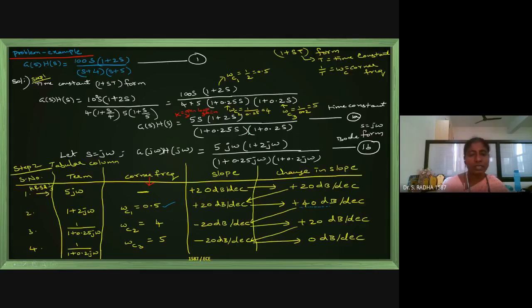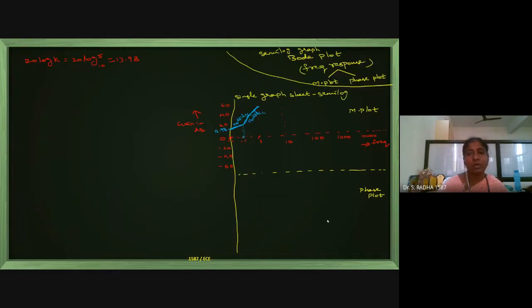Okay. So next, if you see, next is 4. At 4, it should come to plus 20. Again, the slope is decreased a little bit. So now what I will do, where is 4? This is 1. Here comes somewhere 2, 3, 4. Okay, 4 and 5 somewhere here. Up to 4, this plus 40 dB can continue. Where the 4 comes on the x-axis, corner frequency 4, it should again change to plus 20. The slope is comparatively less.